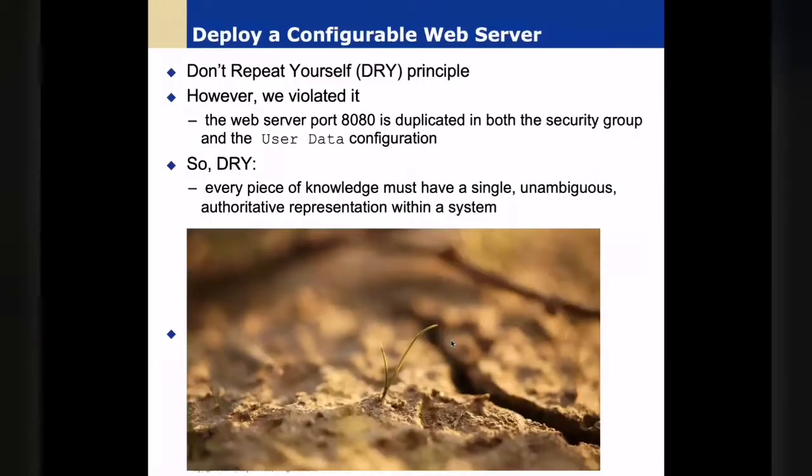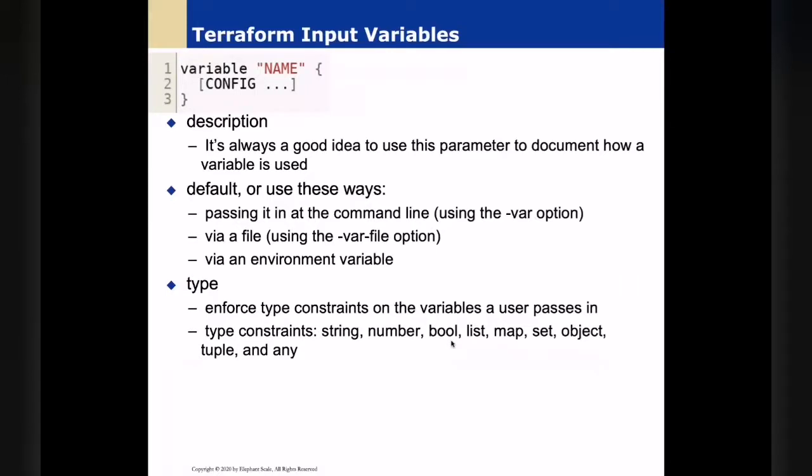Now, what we're doing now, once in a while, we're using variables. You have already seen how we do it, but we're using this principle of don't repeat yourself, DRY, that we shouldn't be putting 8080 everywhere. To do this, we're using a variable. We're saying that's a variable, then we give it the description. It's just documentation. It's always a good idea to tell people what I'm doing. It's also a good idea to give the default so that if they don't want to supply that variable, like 8080, then they will get the 8080 anyway.